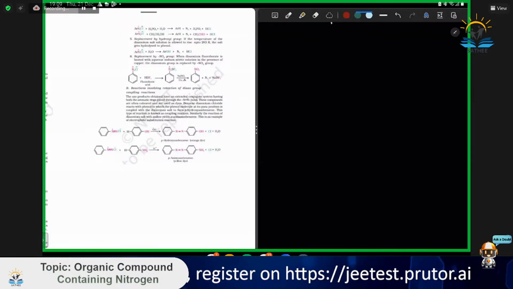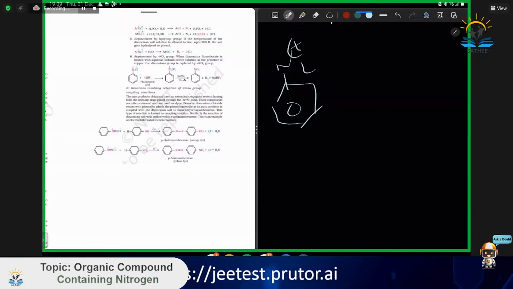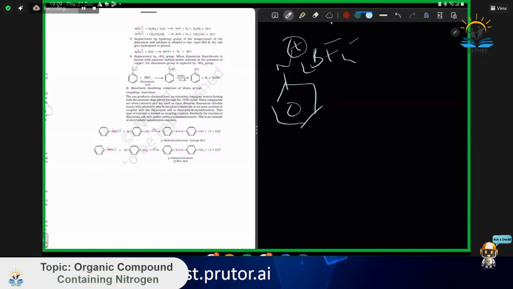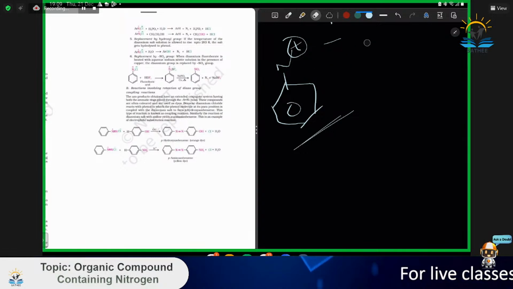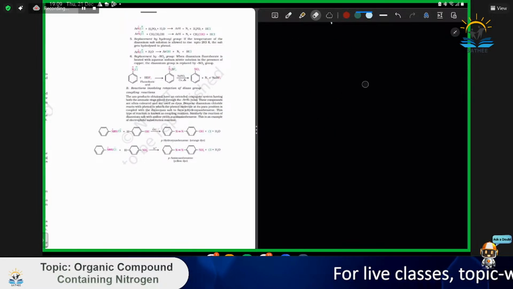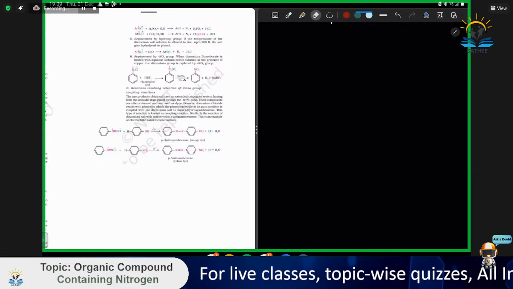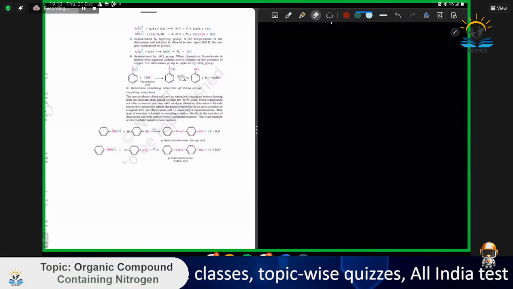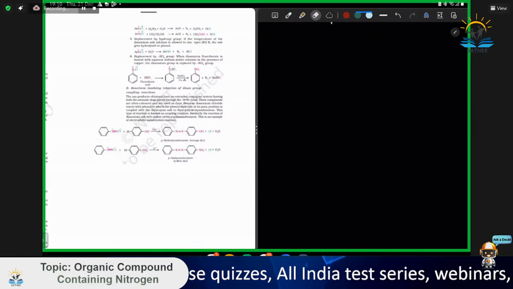This thing is more inert. N2 plus BF4 minus is a complex, and now for benzene diazonium salts to react you need some energy to break this complex. So this thing is more inert. So reducing ArN2 plus BF4 minus, reacting with NaNO2 in presence of copper and heating, you will have NO2,